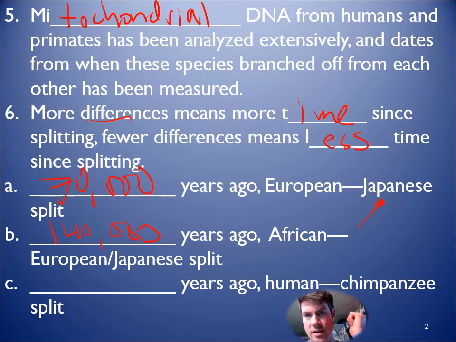Say this is Africa, and this is Asia, basically. And then they traveled around, and then boom, about 70,000 years ago, Japanese and then European split. So about 140,000 here, and then about 70,000 there. And between humans and chimpanzees, that's 5 million